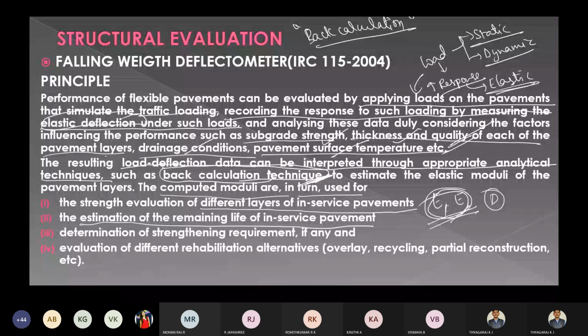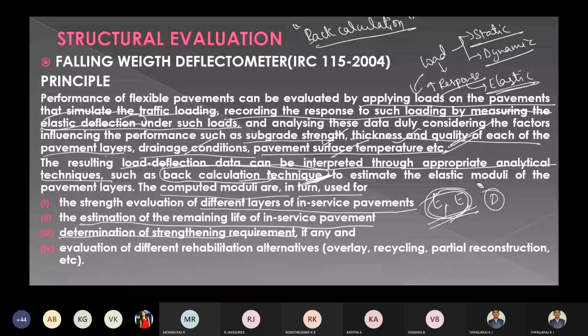That is how strength evaluation can be easily done. Then estimating the remaining life, how many years it can sustain, that is the estimation of remaining life of the in-service pavement, we can easily determine. Then determination of strengthening requirement.